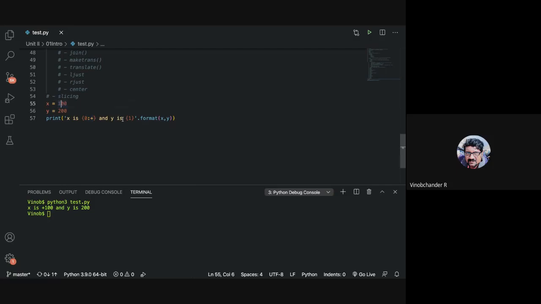Okay, now when you make this x a negative number, what do you think will be the answer now? Plus minus 100? It is not. It will say minus 100 explicitly. You don't specify minus here, right? That is not supported.